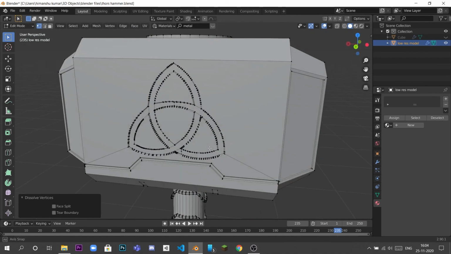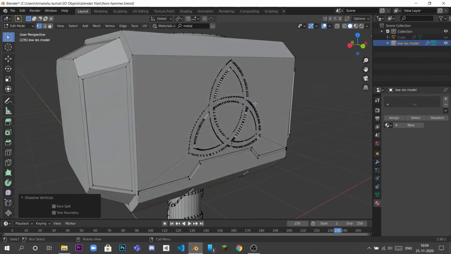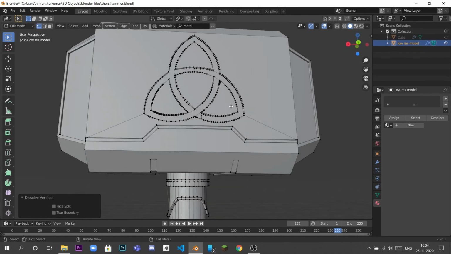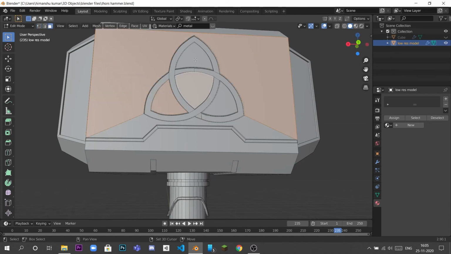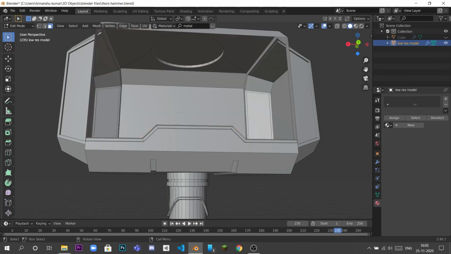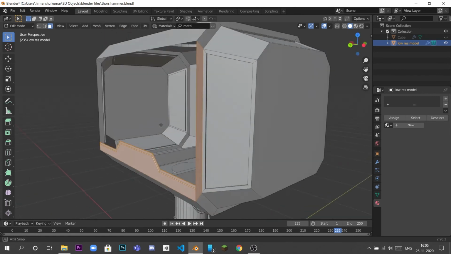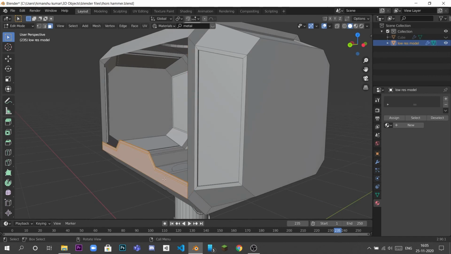Now what we can do is, instead of dissolving all these vertices or edges, we can just delete all the faces, and these also as well. Deselect these, delete them.